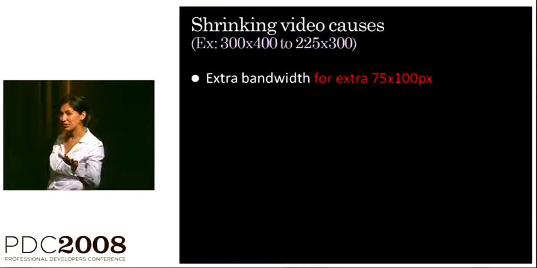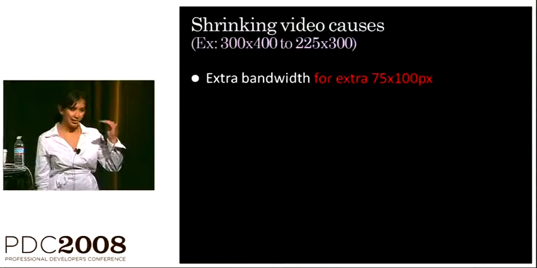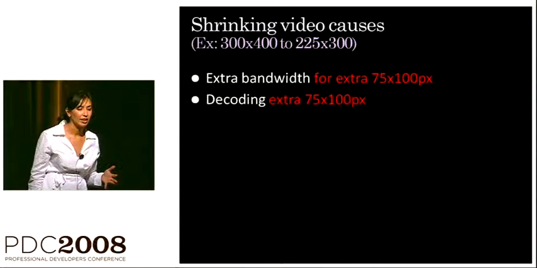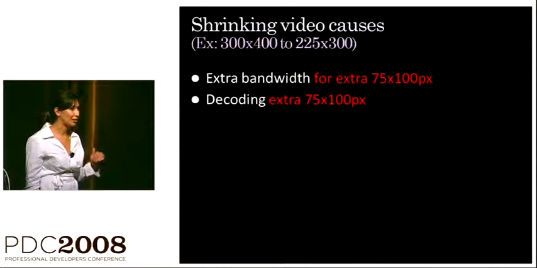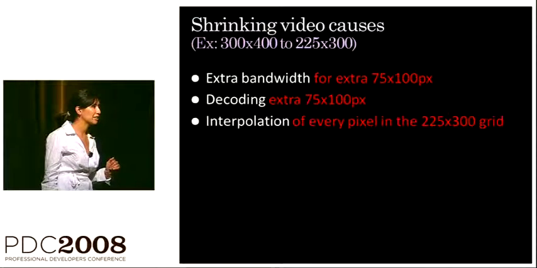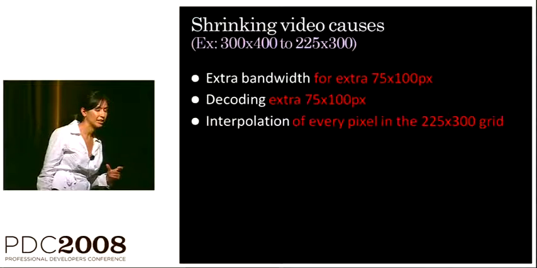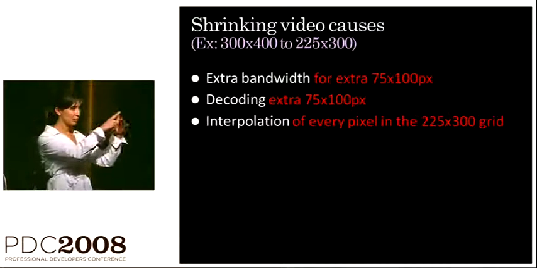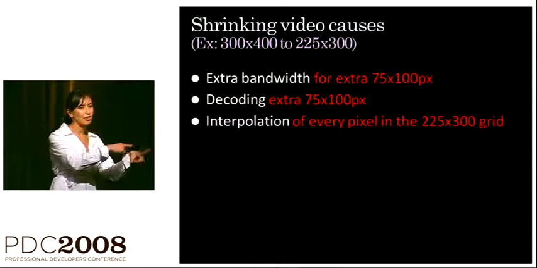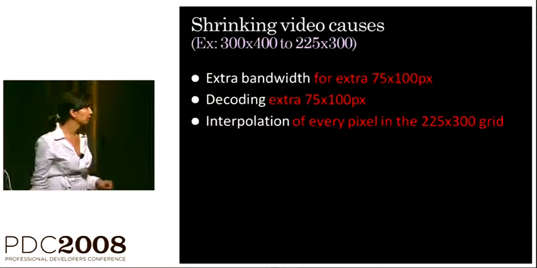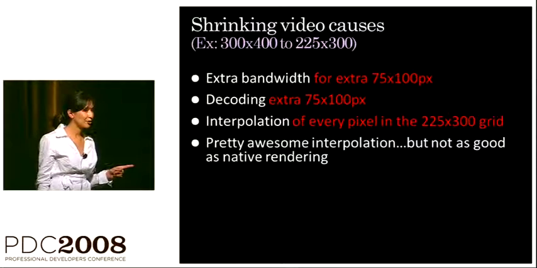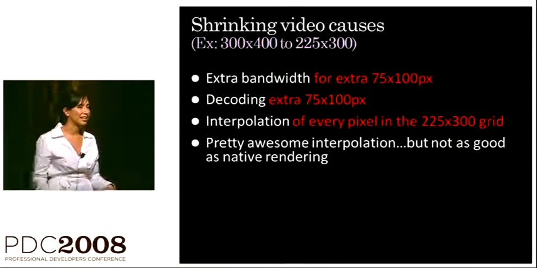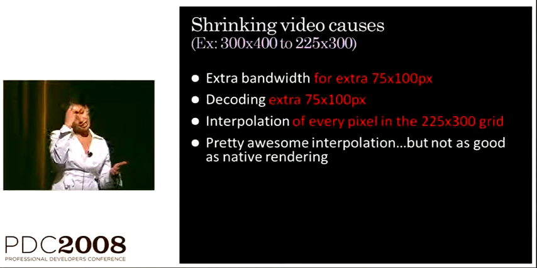You first start by downloading extra pixels, extra size in that video frame. Then you decode all of those extra pixels. And now that you have those extra pixels in hand, you have to interpolate. So you actually have to figure out this pixel A comes from these 4 other pixels. Let me do the calculation to figure out how to draw it. And although the interpolation is great, we have this great adaptive sampling method,